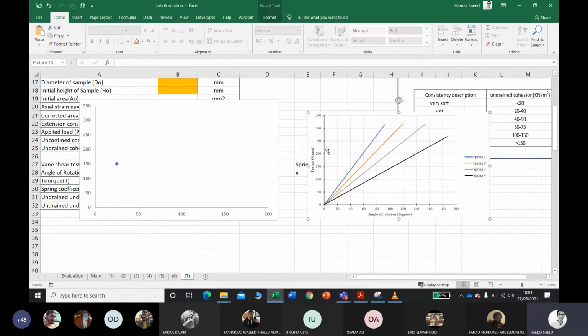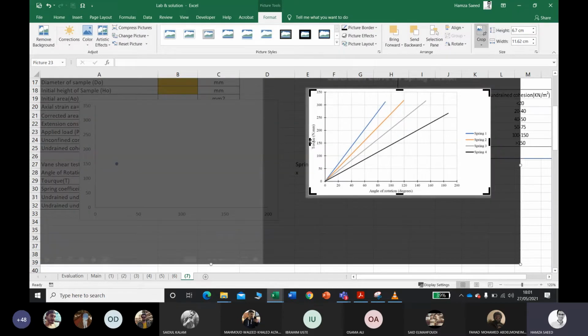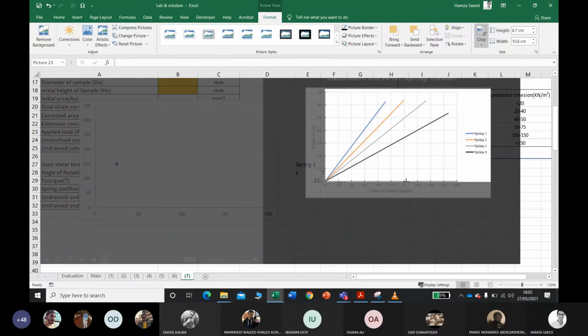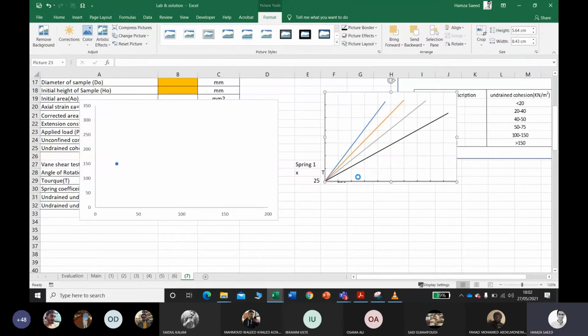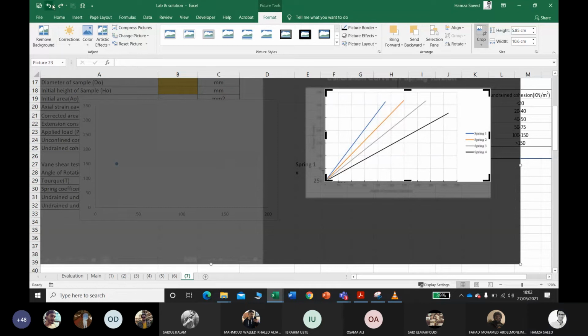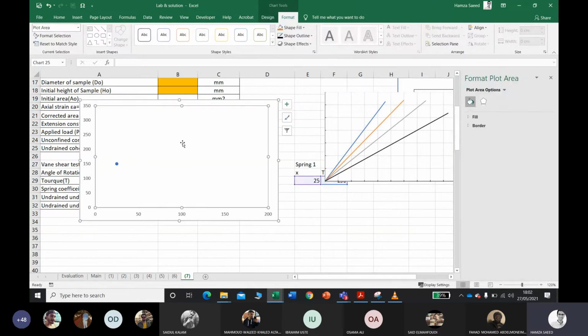Now simply crop this chart to the tick marks and to the plot area, and copy it. Next, double click on the chart area and go to the fill.